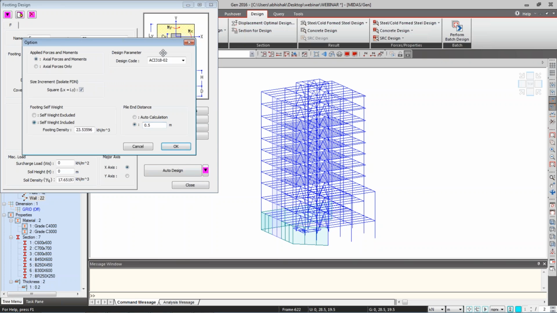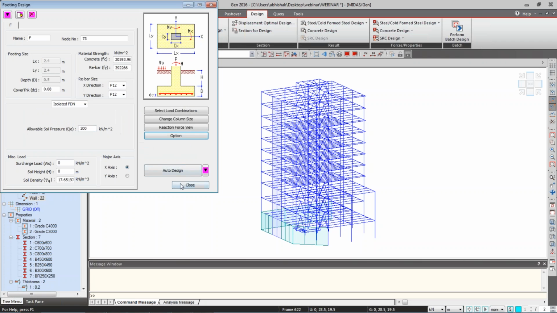If I go to the option, it asks which type of code you want to select. You want to design the column footing for axial force and moment or not. If you want a square footing, you have to click Lx equal to Ly. If you want rectangular, use the other option. If you want to consider the sulfate or not, just click here, say okay, say auto design, and just